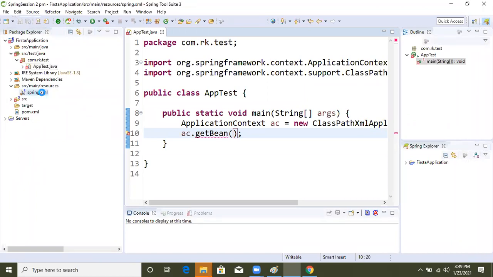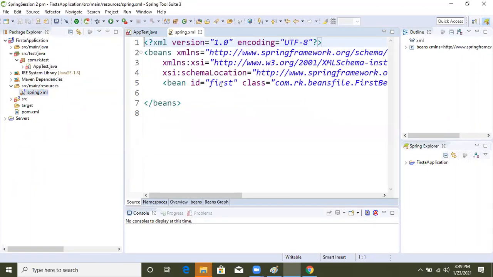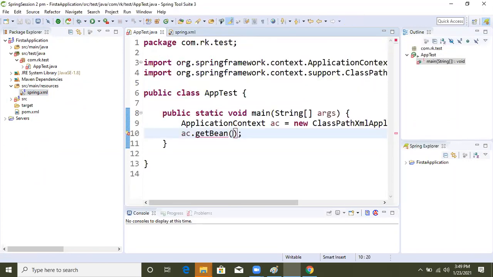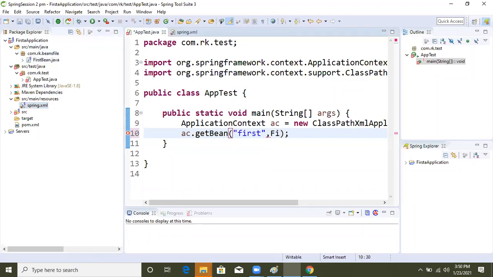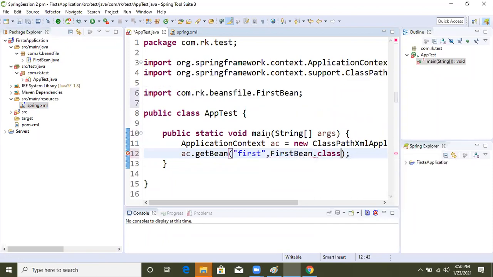Come to here, from what I took first, we will copy this one and pass it in this argument in double quotes. Again, it takes a class object, so we take our bean, first bean, dynamically: FirstBean dot class.